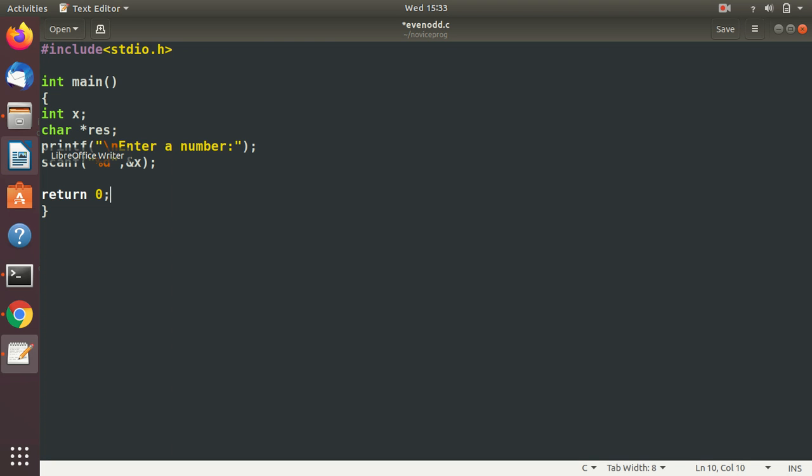And here I can write res equals x mod 2 equals 0, even, odd.